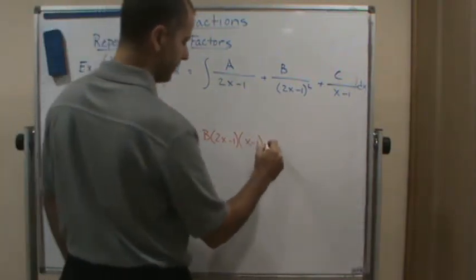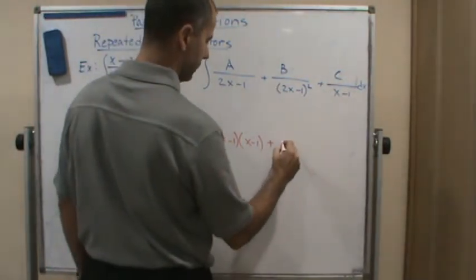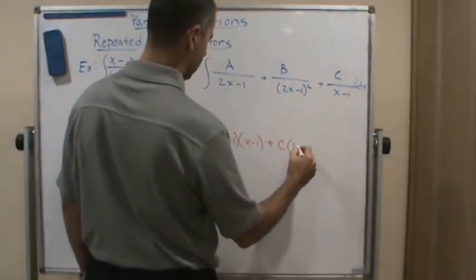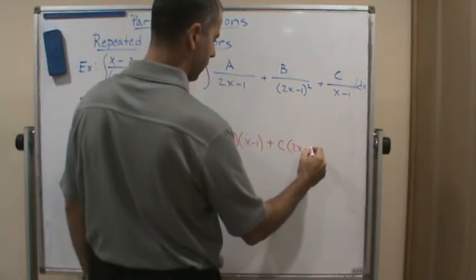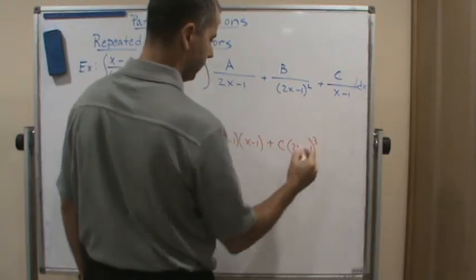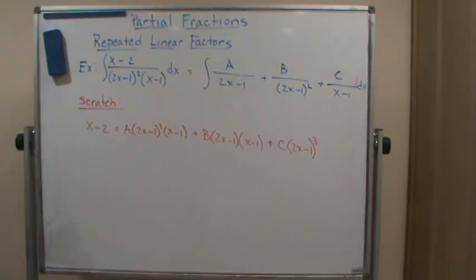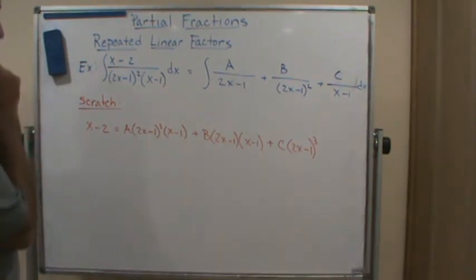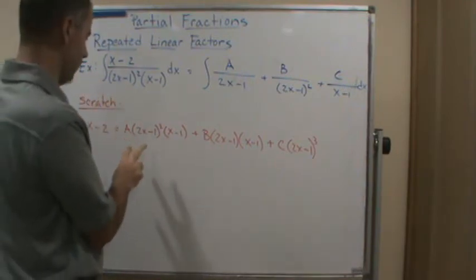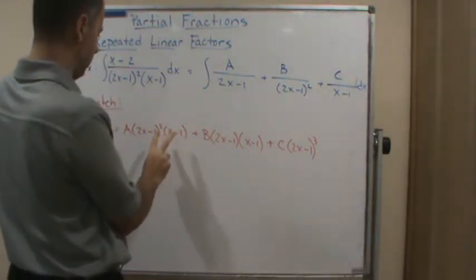And then finally plus c times 2x minus 1 cubed. Oh, hold on. Hold on a second. Let me make sure I'm doing this right. This is going to be